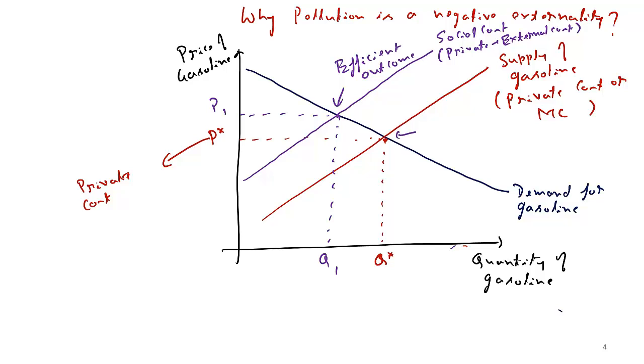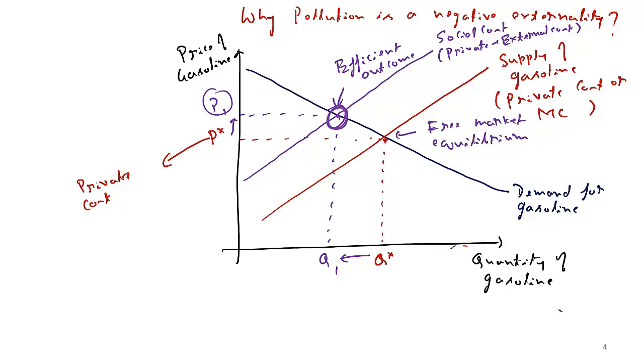But what about this equilibrium? This is your free market equilibrium. Now, why is this the free market equilibrium? Because this is based on nobody intervening in the market. This is the reality, but what is the unintended consequence is at this point. So as a society, we should be trying to hit this ideal efficient outcome, which means less gasoline, and the only way you can make people use less gasoline is if they have to pay the actual price, which is P1 and not P star.